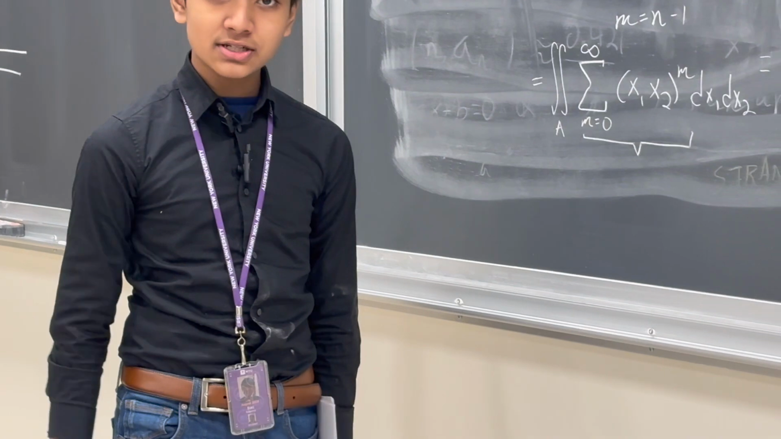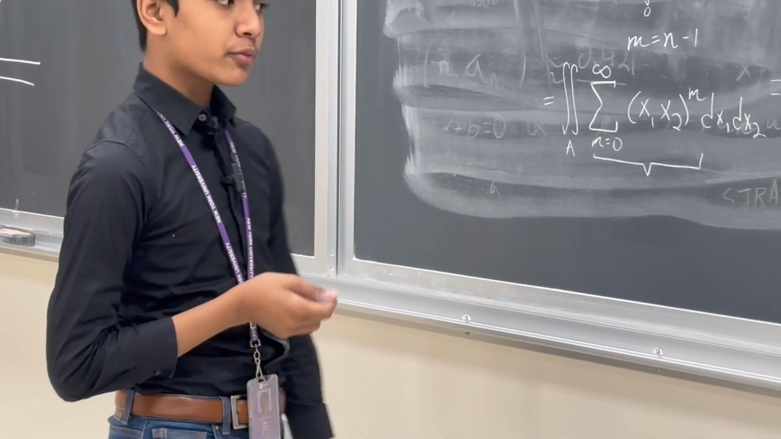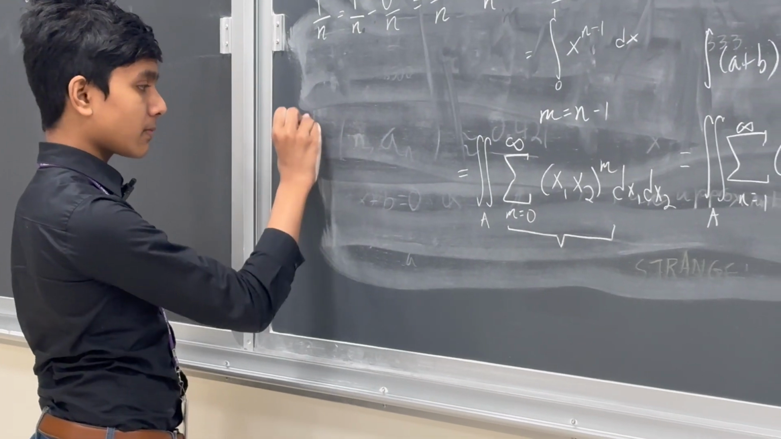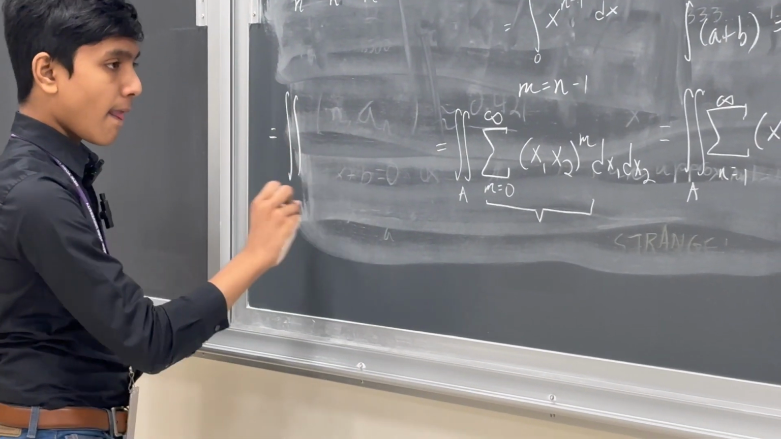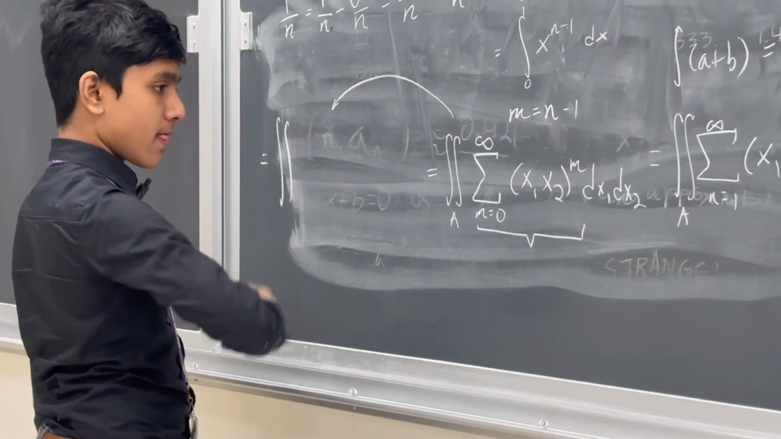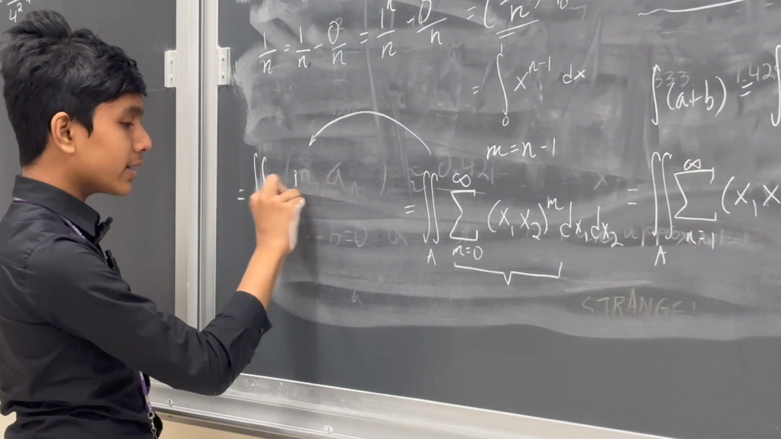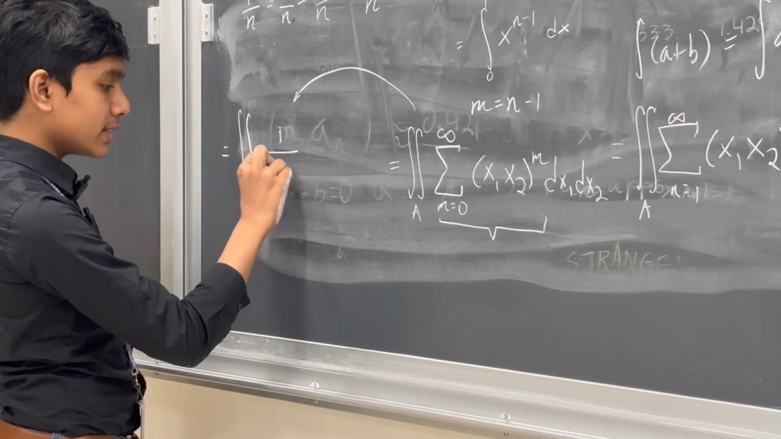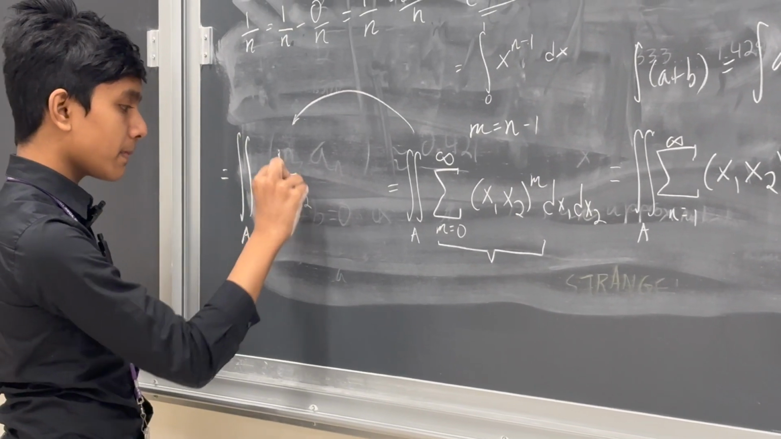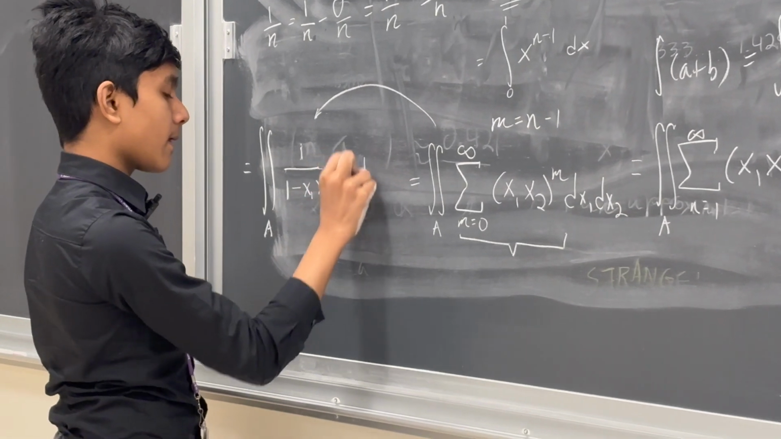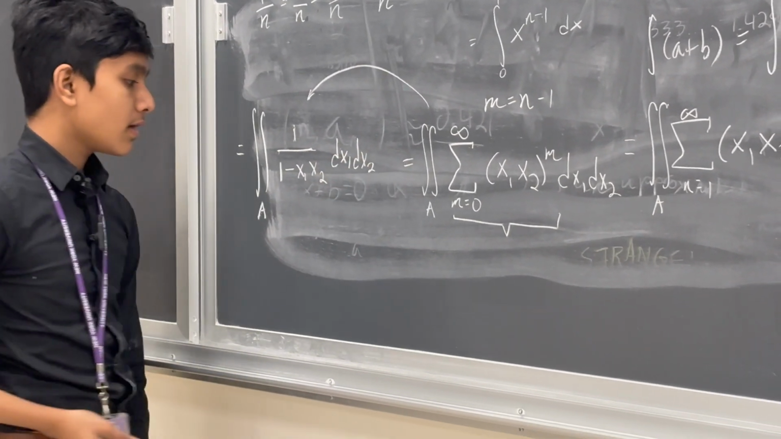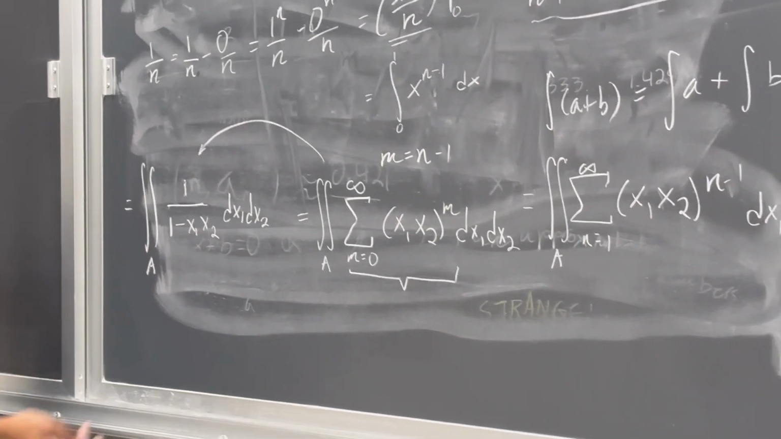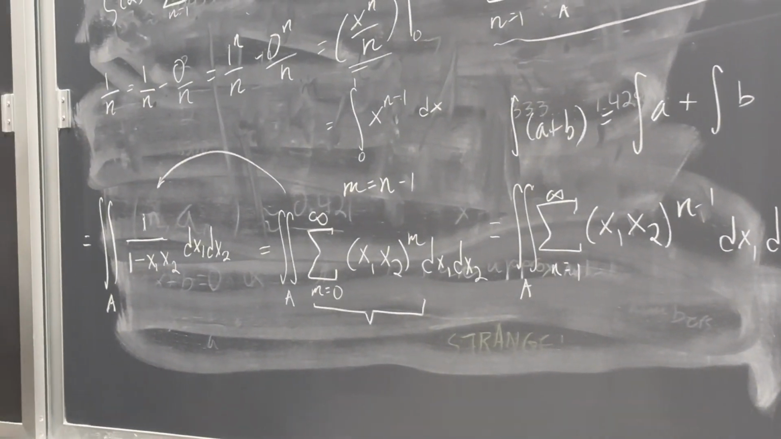And what's the sum of a geometric series? You probably remember from calculus that that's going to be equal to one divided by 1 minus x1, x2. And now do note that this vanishes when you're at the boundary of A, but we'll just take this to be